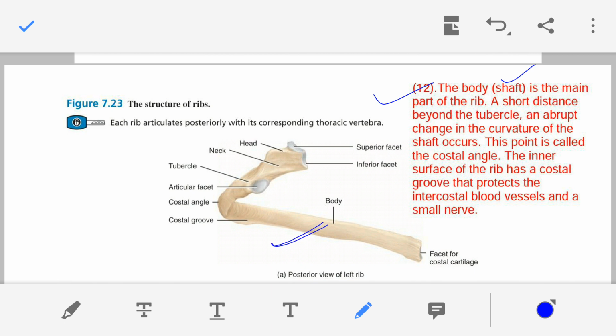So this is the body, also known as the shaft, and this is the main part of the rib. Now, a short distance beyond the tubercle, an abrupt, meaning immediate, change in the curvature of the shaft occurs. So after the tubercle,